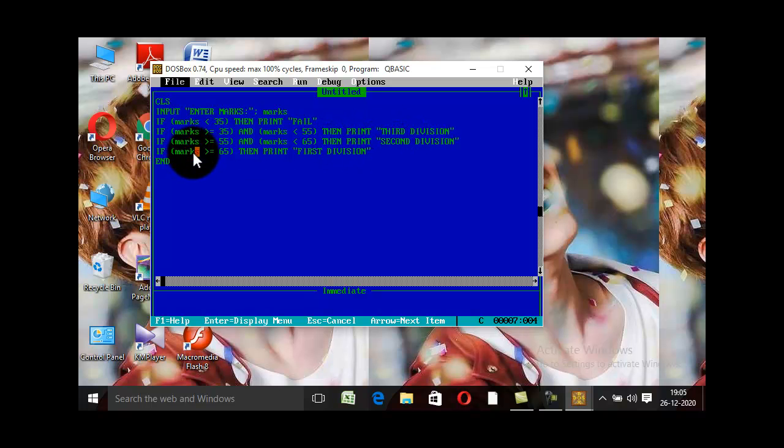Then for the first division, those students who get greater than or equal to 65 marks, he or she may get exactly 65 or greater than 65. Those students who get exactly 65 or greater than 65, then his or her result will be printed as first